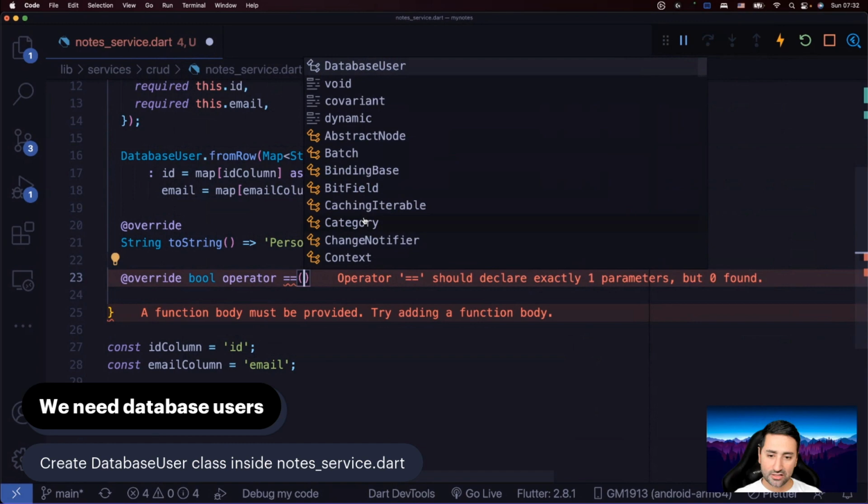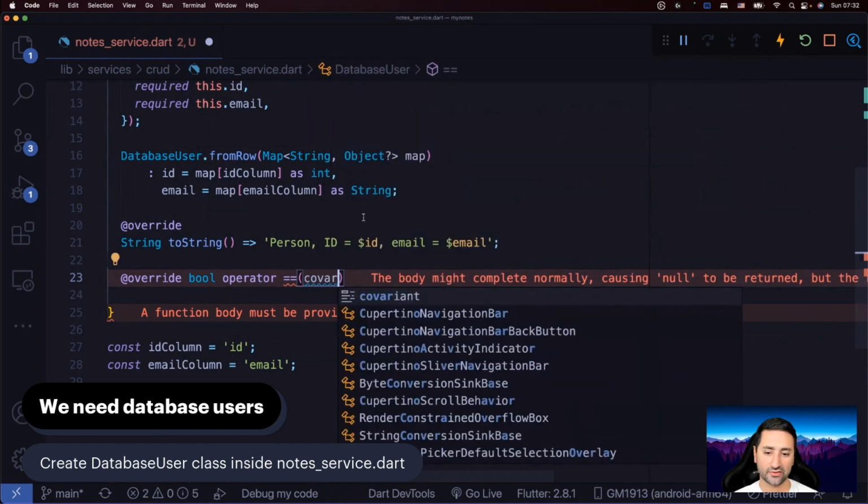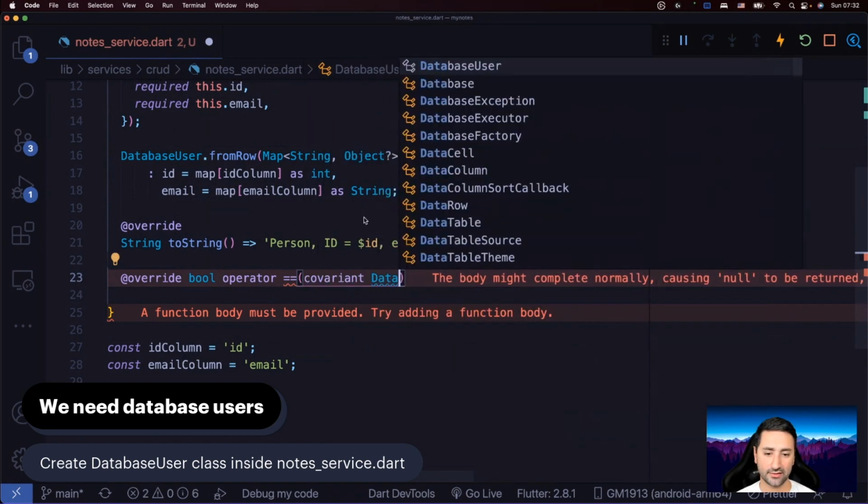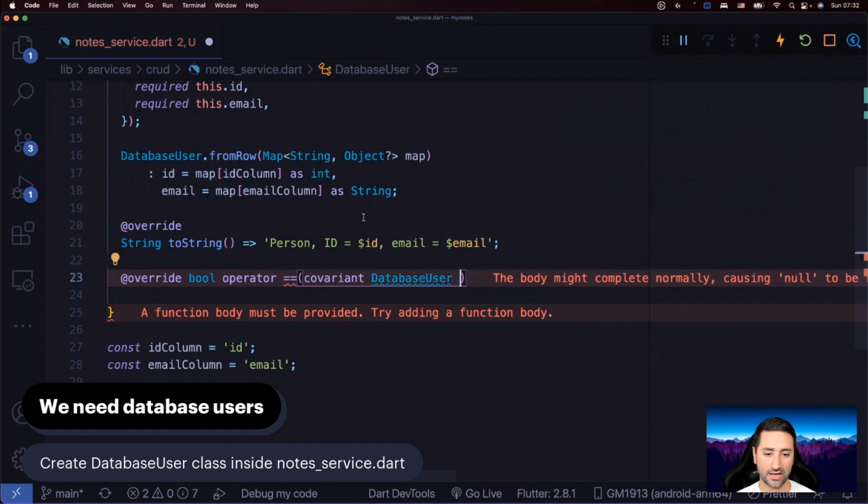And then in here, you would have a covariant, which we haven't talked about yet. And I will talk to you right now about it. Covariant is a keyword in Dart that not many people know about, but it allows you to change the behavior of your input parameters so that they do not necessarily conform to the signature of that parameter in the superclass. So remember, we're doing override here, meaning that this functionality, this operator is already defined at the object